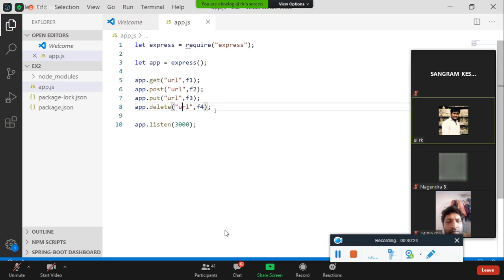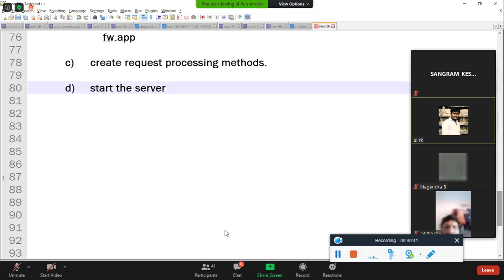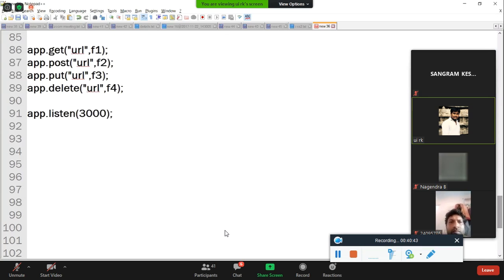I need to provide the URL. I'm just giving the notation here, sir. So right now, I'm going to copy and paste this into our notes. This is the program we are going to develop. You can practice this later on, sir. But right now, I'm doing this. Now, this is your